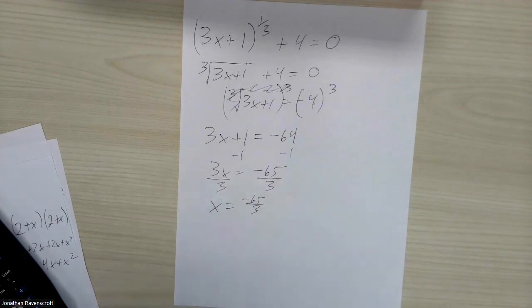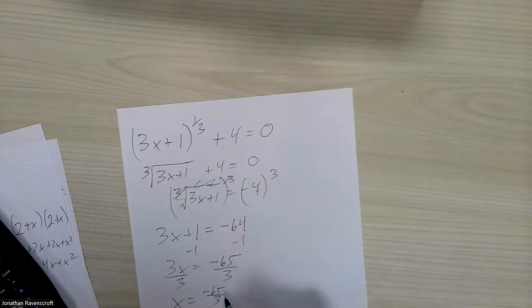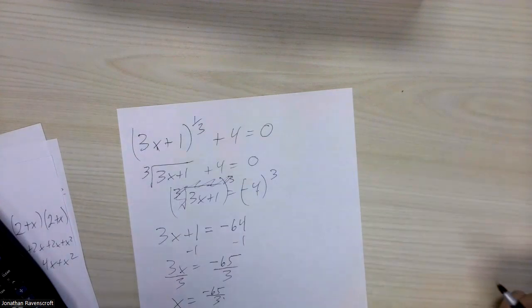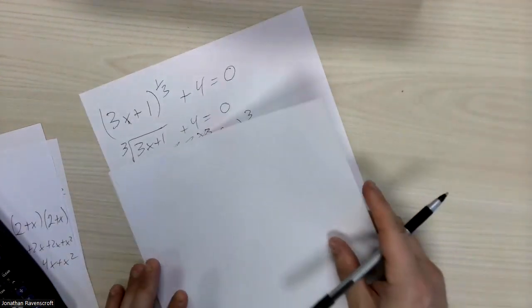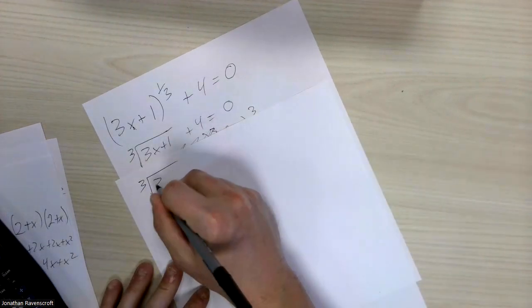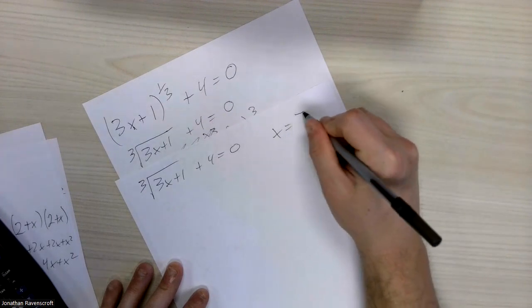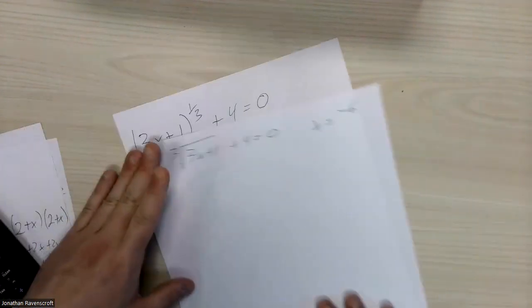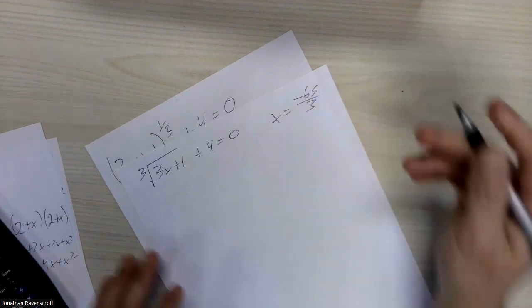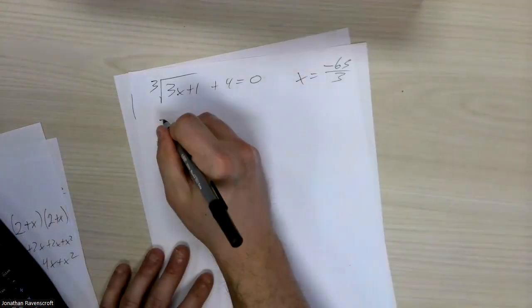Now you might be asking if we need to plug that in and check for anything that doesn't work. Well, the thing here is that if we plug this in, we're going to get something that does work. Because you can take the cube root of a negative. Cube root of 3x plus 1 plus 4 equals 0. Negative 65 thirds. If I plug that in,